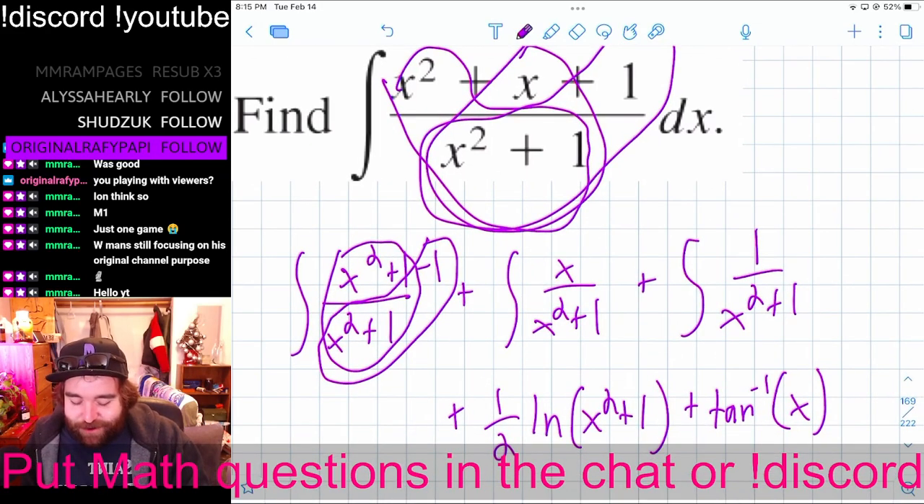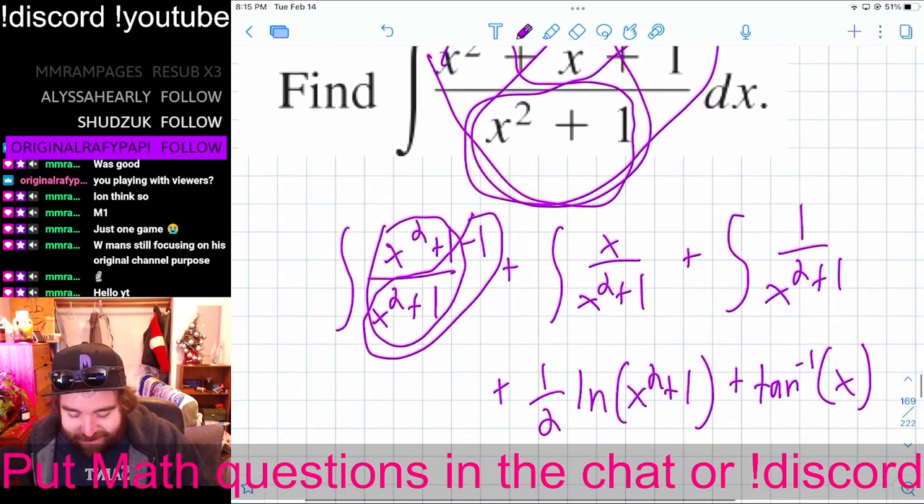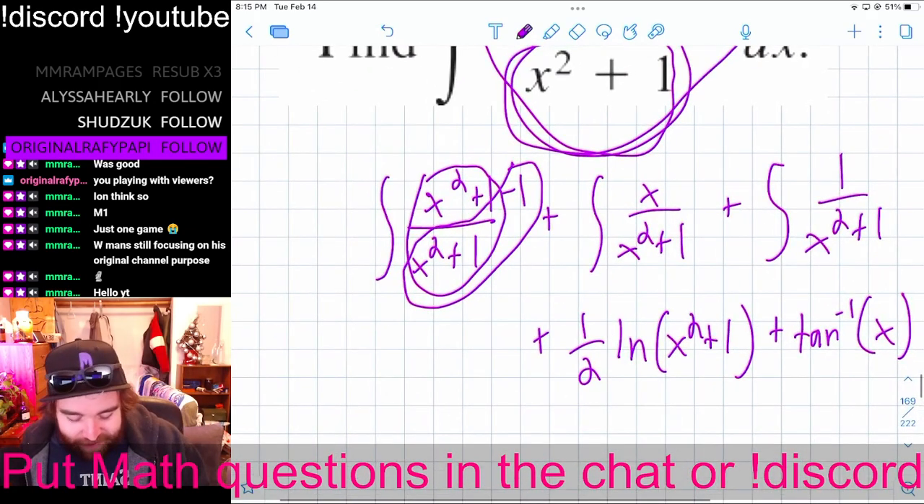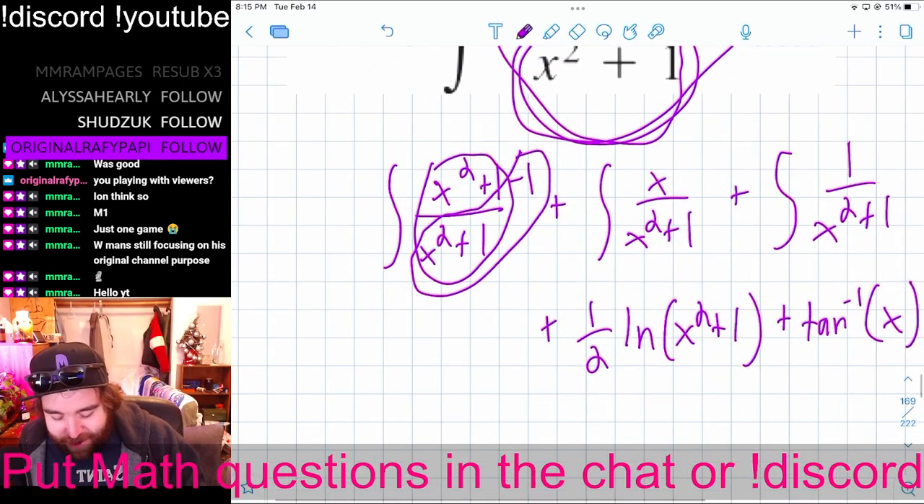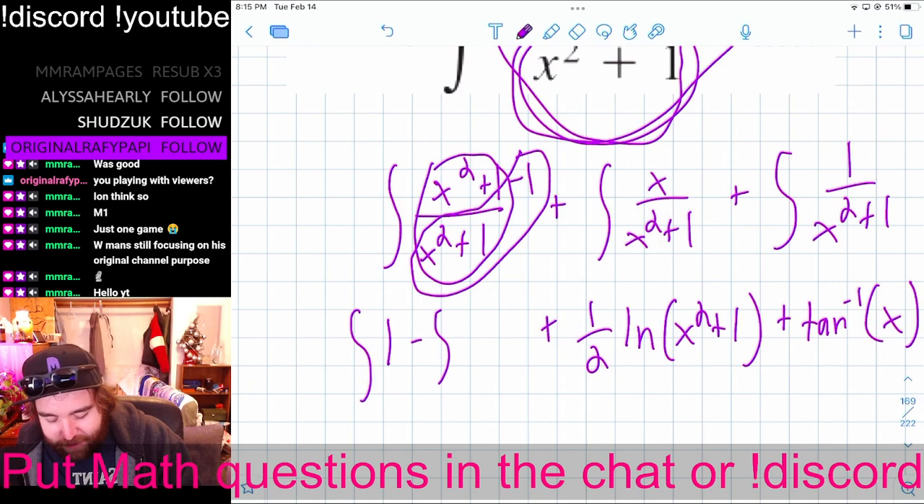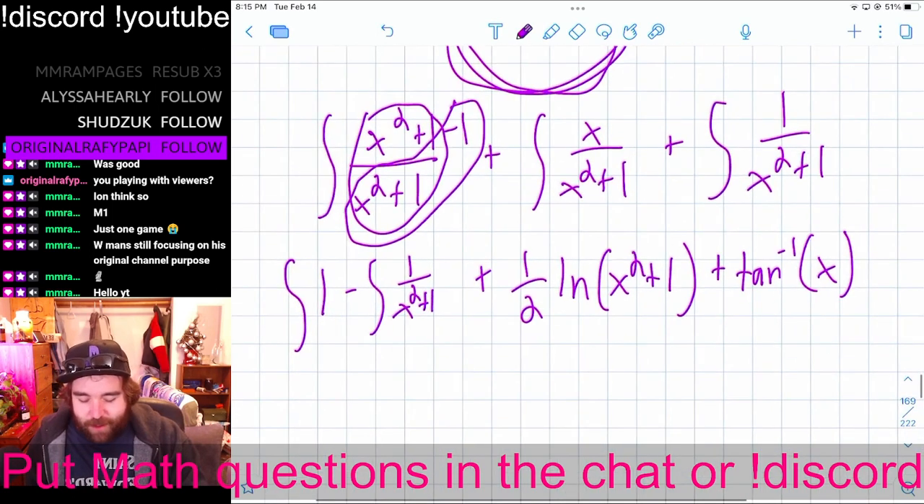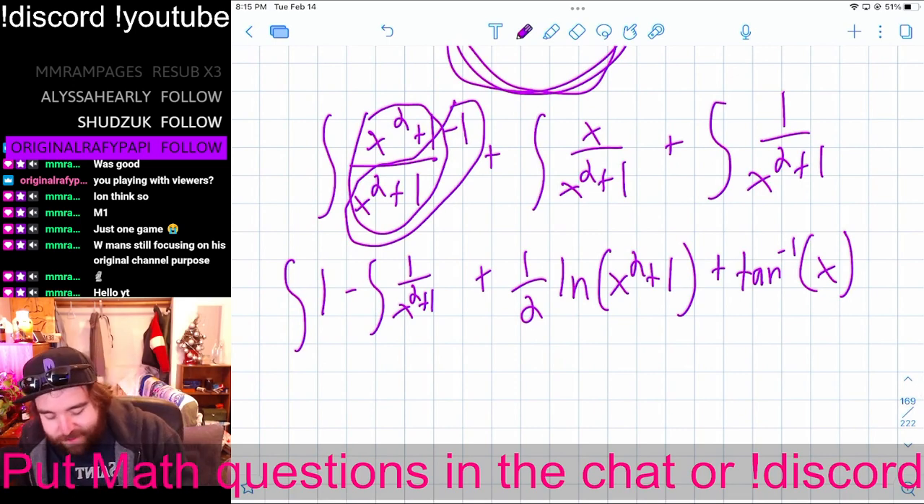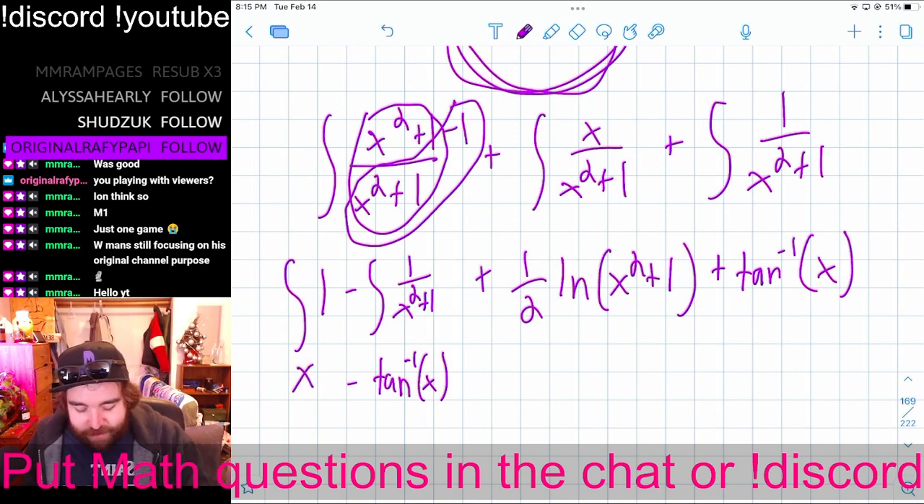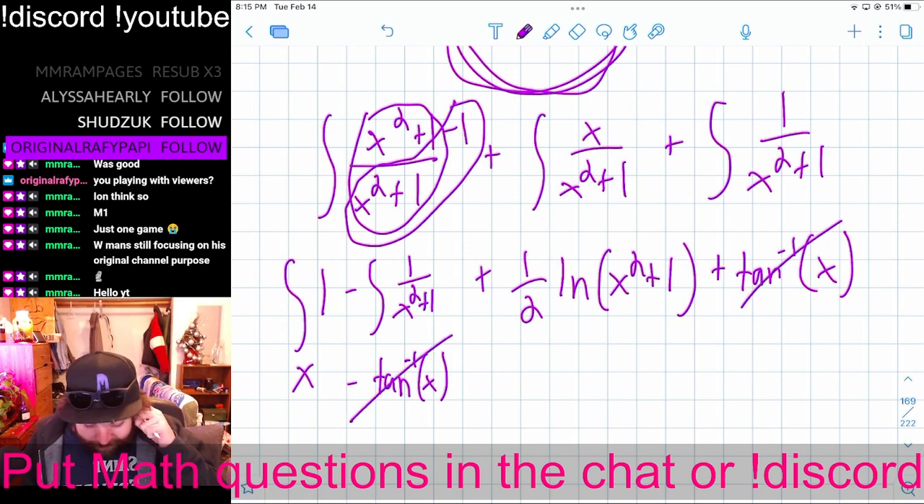All right, maybe we need to go back to the drawing board with this right from the beginning. Oh my gosh, we definitely do. But let's finish it out. Because look at what we end up with here. We end up with the integral of 1. We can split this up minus the integral of 1 over x squared plus 1. And this is minus the inverse tangent of x. So even though it does end up with that, they end up canceling out. And this is just x. So these cancel out. All we end up with is x